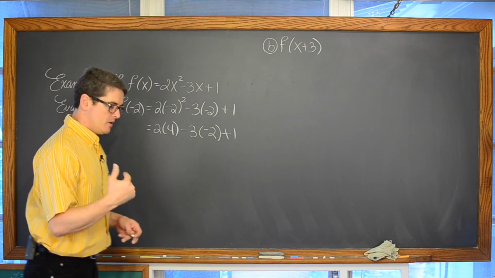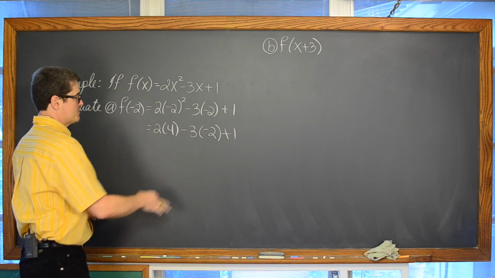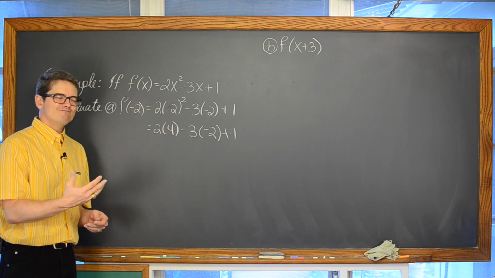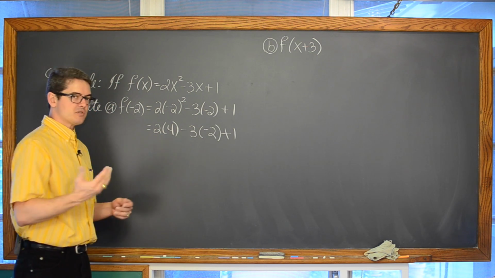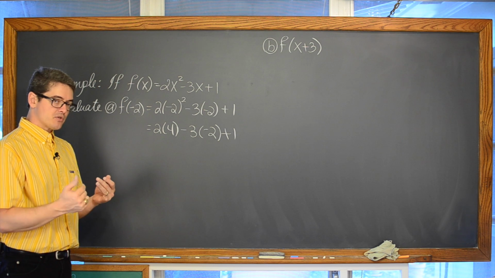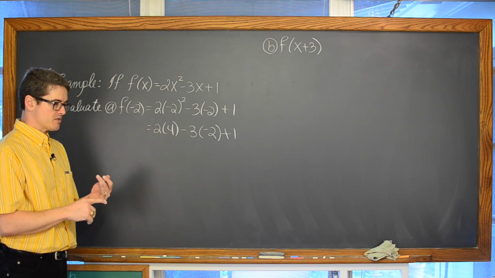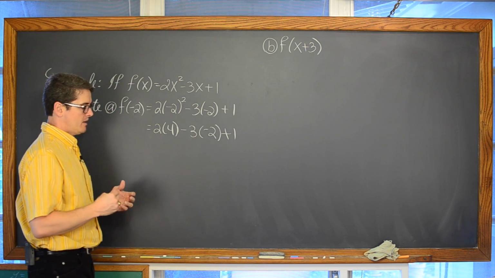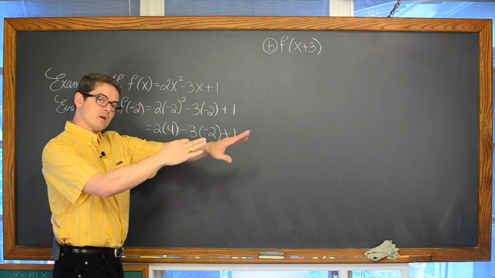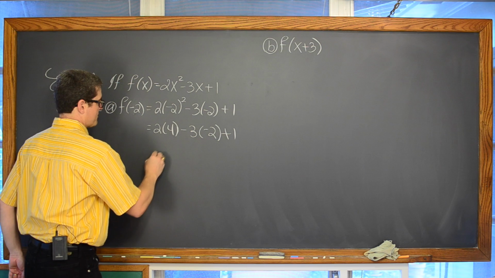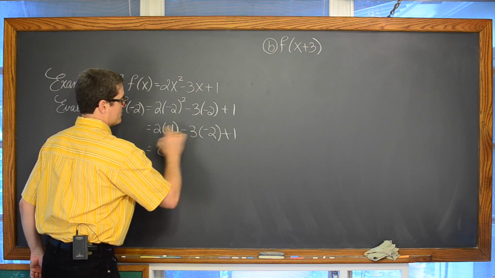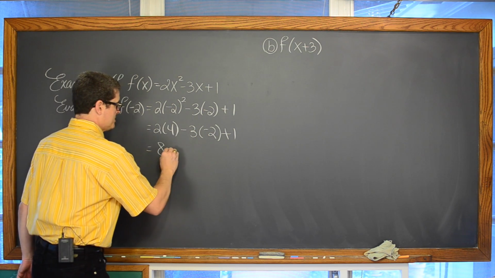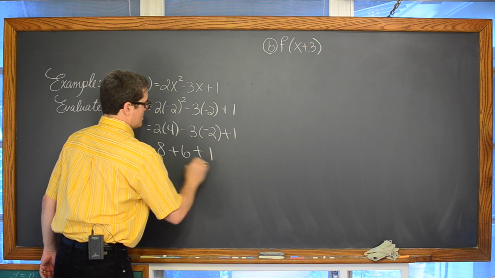Okay, now we're going to do please. There were no real parentheses to speak of because these just have a single term in each, just a number. Excuse, exponents, we just took care of that. Please excuse my dear, multiplication and division. Well, we have some multiplication to do. It's multiplication, division, whatever comes first as you read left to right. So 2 times 4 is 8, and negative 3 times negative 2 is positive 6, plus 1.